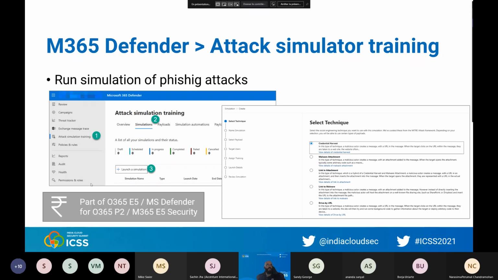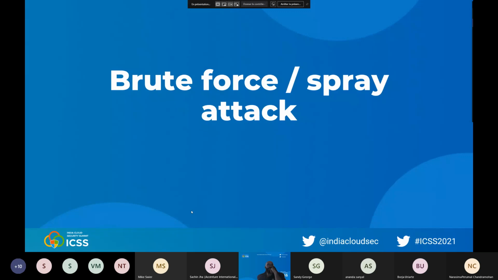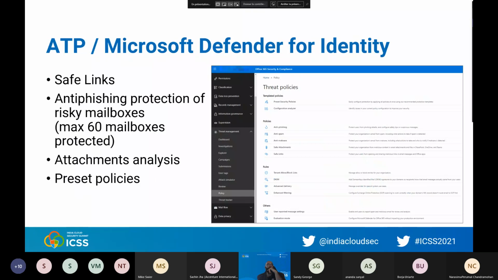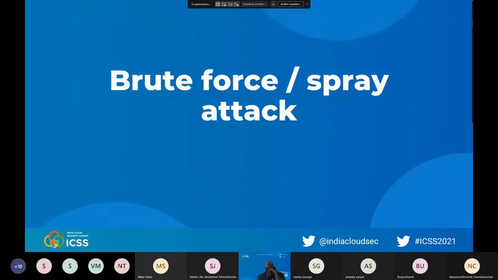Okay, so you have different types of campaign you can directly run on your end users. To have Microsoft Defender, once again, it's part of Office 365 E5 or Microsoft Defender for Office 365 P2 or Microsoft E5 Security or Microsoft E5, of course. Once again, this one is not as useful as the previous one, but if you want to sensitize end users, it's really helpful to have something like that to avoid phishing. Okay, so those are the kinds of actions to run to avoid phishing inside your company.